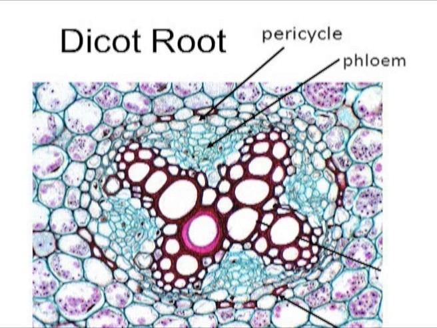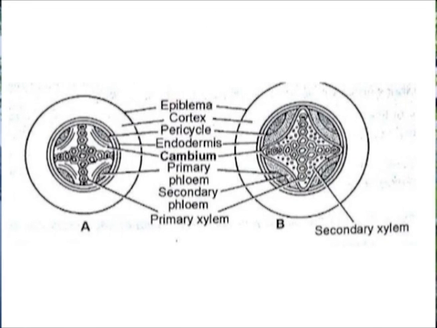Pericycle. The layer next to endodermis is known as pericycle. It makes outer boundary of vascular cylinder. It may be uniseriate or multiseriate. It is the seat of origin of lateral roots and vascular cambium and cork cambium during secondary growth. This is a differentiating characteristic feature of dicot roots as compared to monocot roots, because in monocot root the pericycle forms lateral roots only and does not show secondary growth.